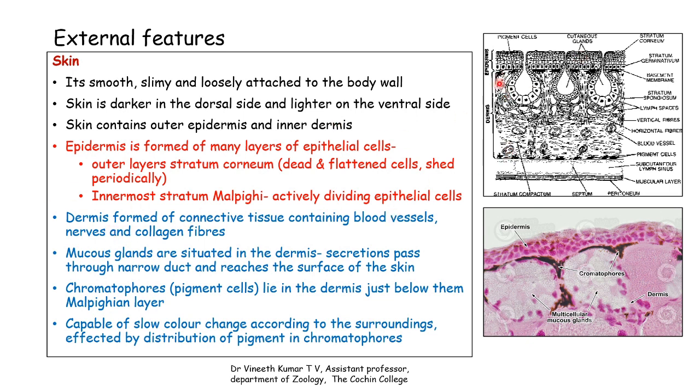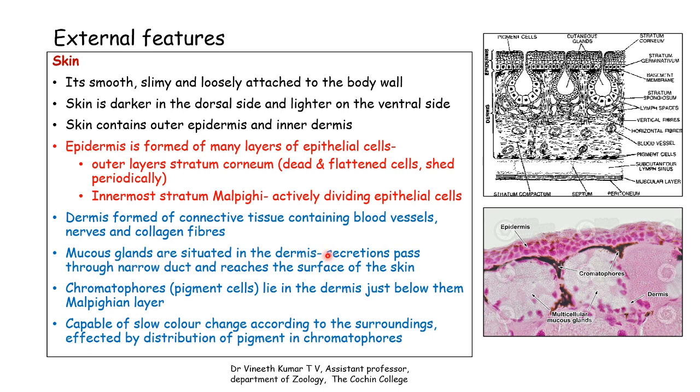Underlying the Malpighian layer, you have the dermis, and the dermis is made up of connective tissue. You can see the blood vessels here, the pigment cells, the nerves, etc. present in the collagen fibers of the dermis. In this particular figure, this much is the epidermis. The upper layers are the actual dead cells which will be worn out. This particular layer of 2 to 3 cells is called the stratum corneum, and the underlying layer is called the stratum malpighi. Below this, these regions are that of the dermis.